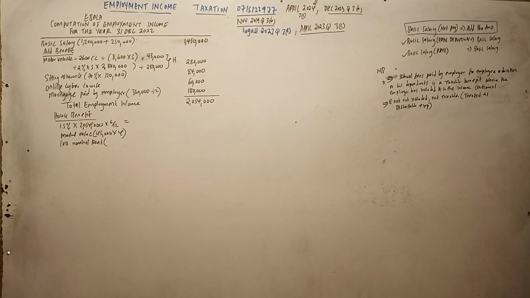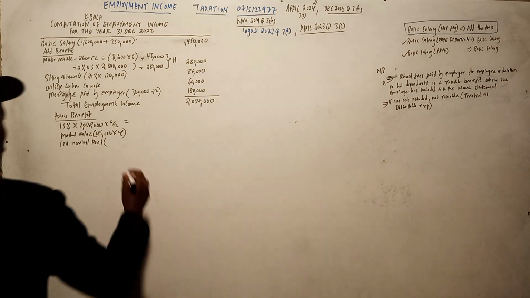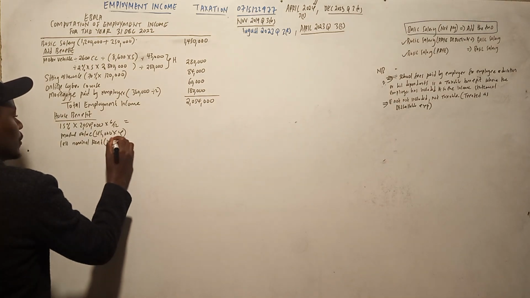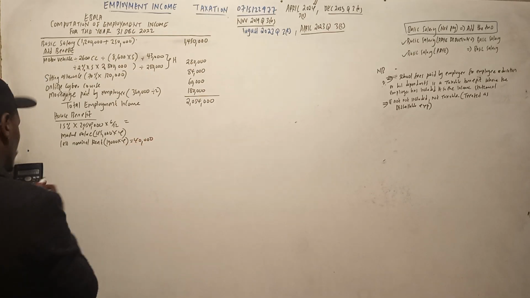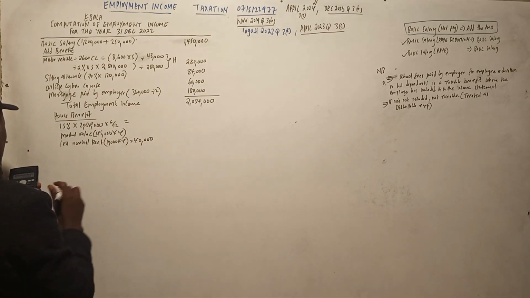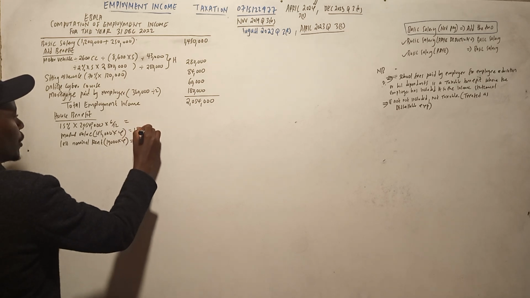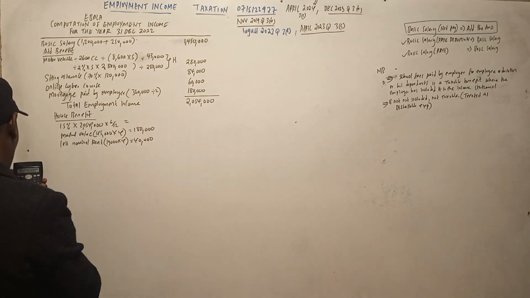So alikuwa analipa rent ya 10,000 per month. Alika 4. So 10,000 times 4, which is 40,000. So 45,000 times 4, 180,000. And then 0.15 times 254,000 times 6/12,